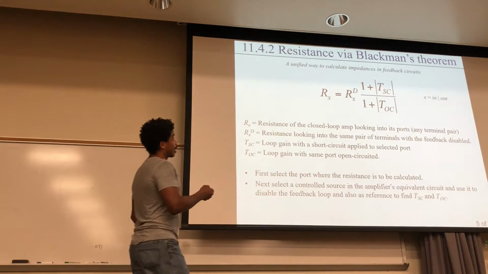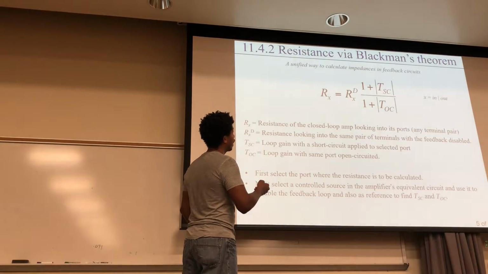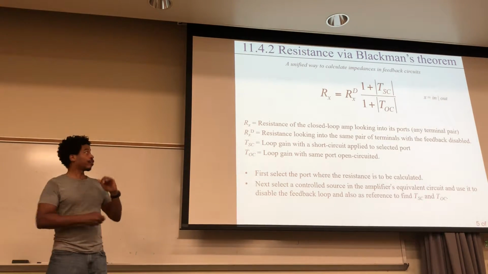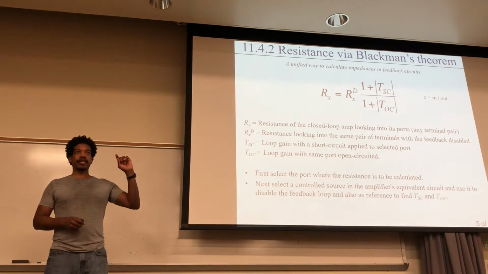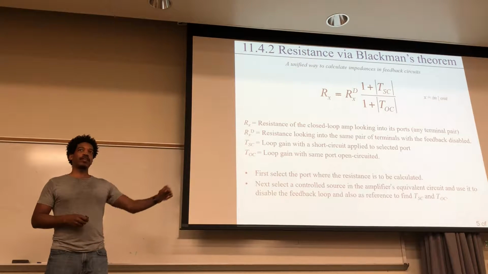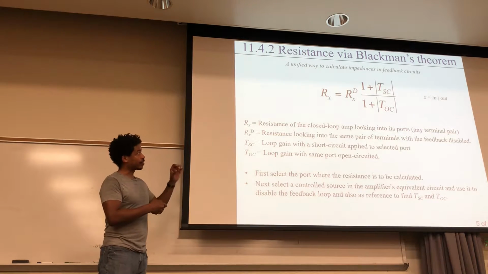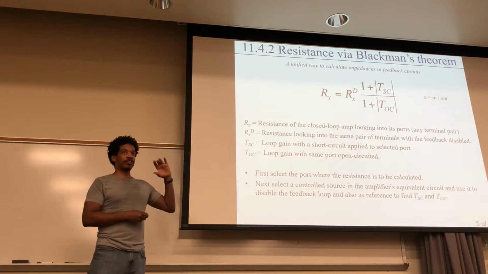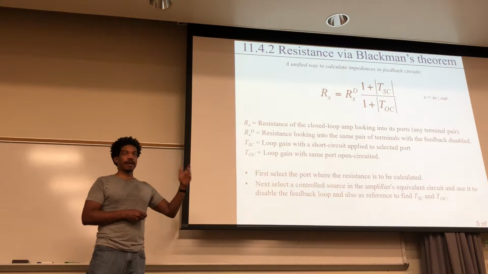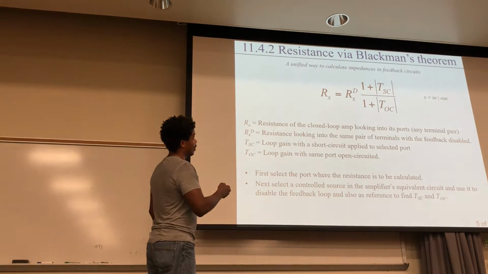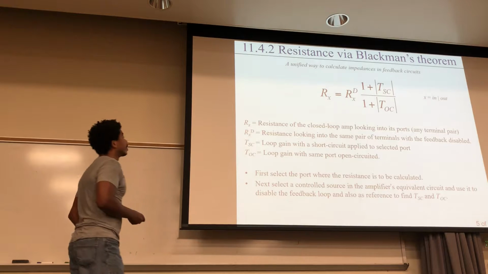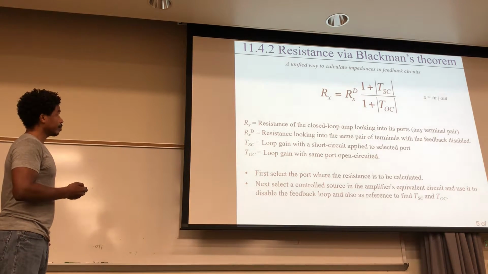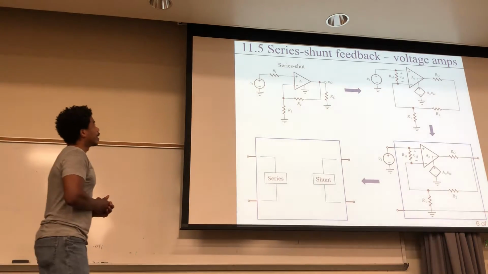And then for this short circuit loop gain and open circuit loop gain, what you're going to do is at that port, you're going to short it out for this, and then look at what kind of gain you get in the loop. Or you're going to have the port be open circuit, and then look at the gain around the loop from that. You plug those in, and that right there is the resistance. Okay, so